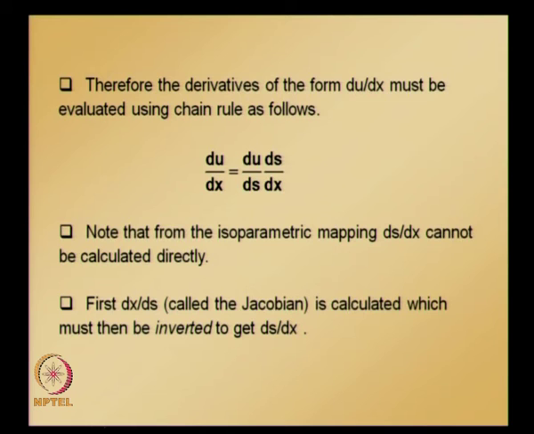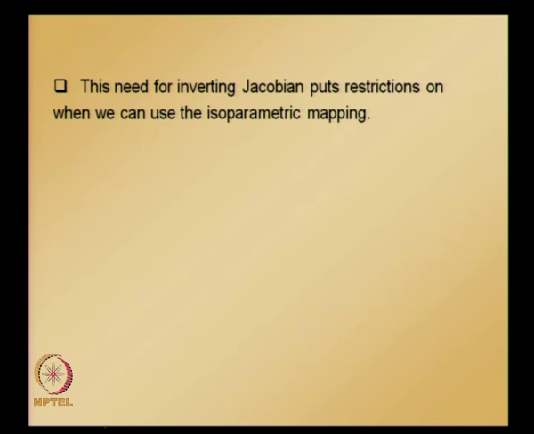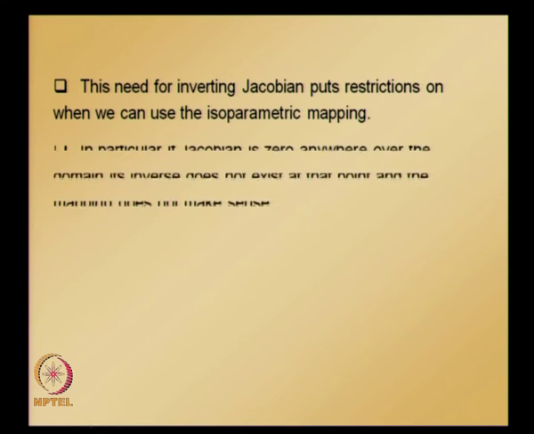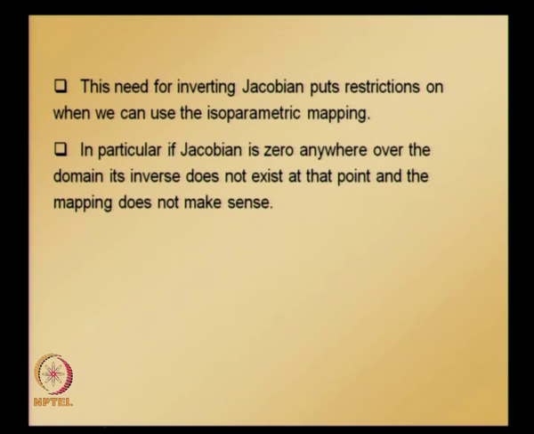But this is possible only if dx/ds is not equal to 0. This need for inverting the Jacobian puts a restriction on when we can use isoparametric mapping. In particular, if the Jacobian is 0 anywhere in the domain, or anywhere between -1 to 1,